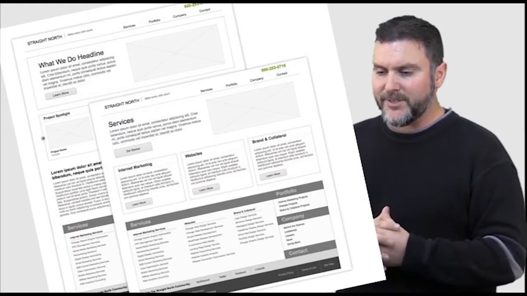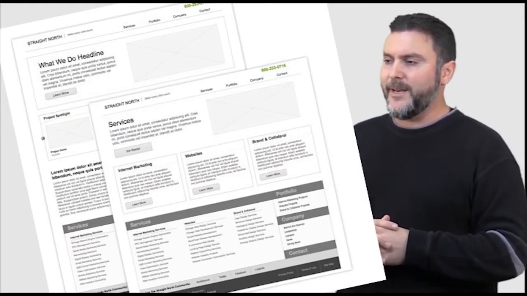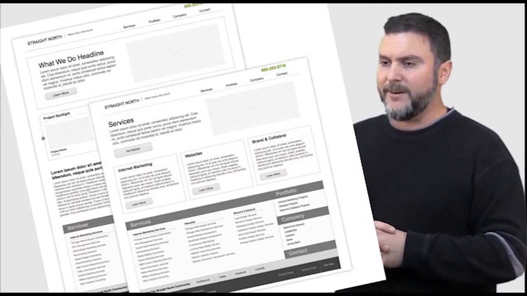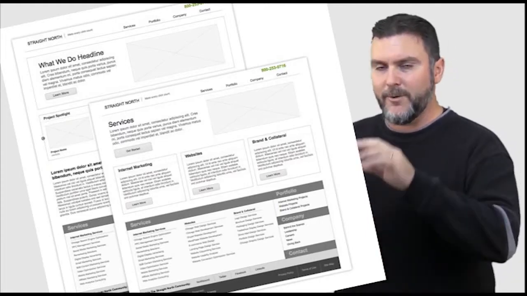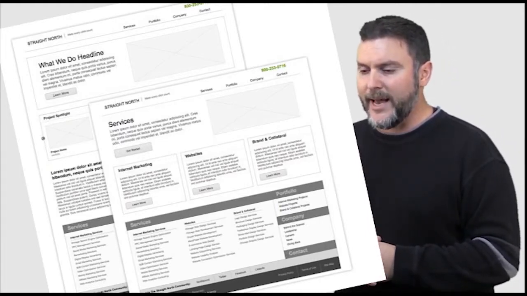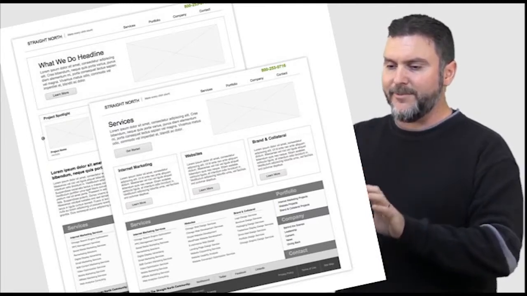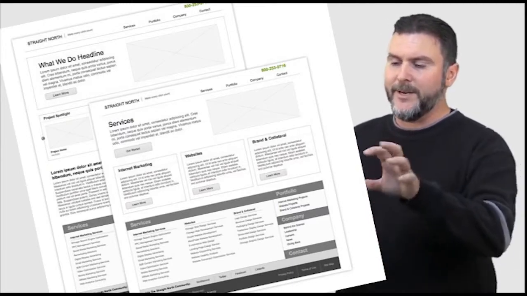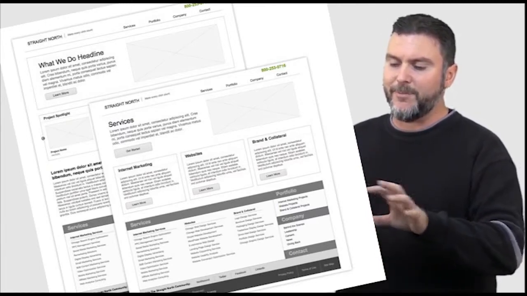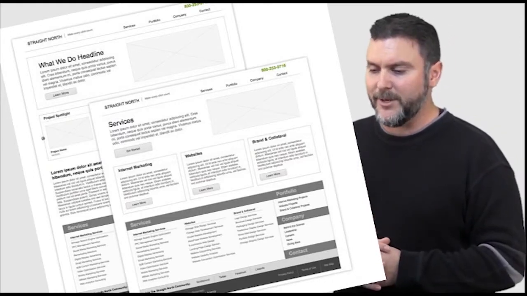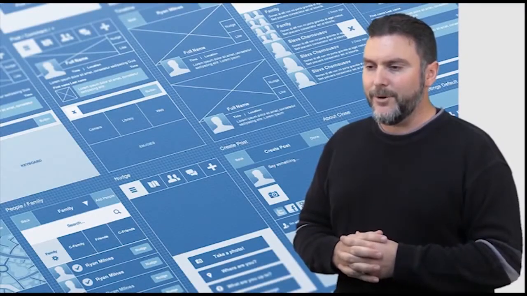Think of a skeleton structure, a lot of lines and boxes and words and annotations, things that represent various user interface elements on the screen. And by its very nature, creating wireframes lends itself to very quick, rapid iterations through different versions of the